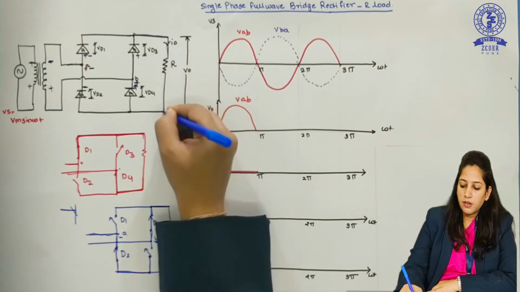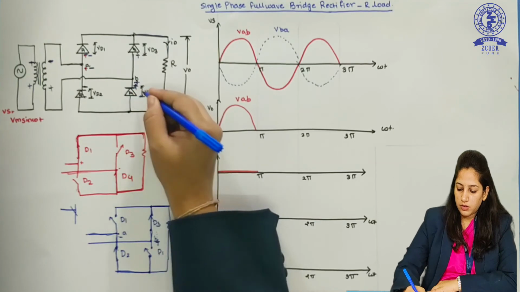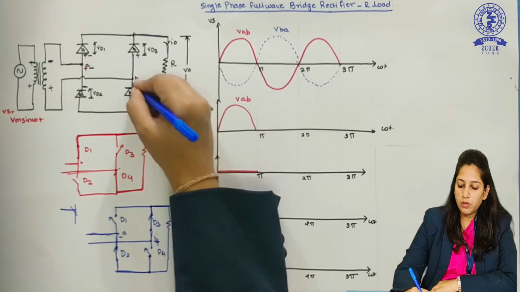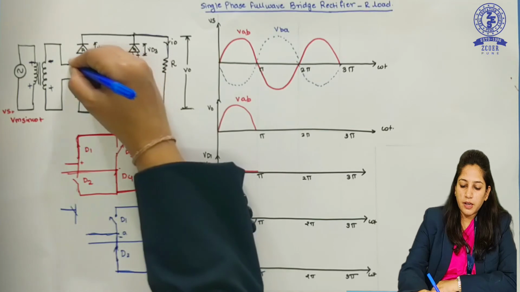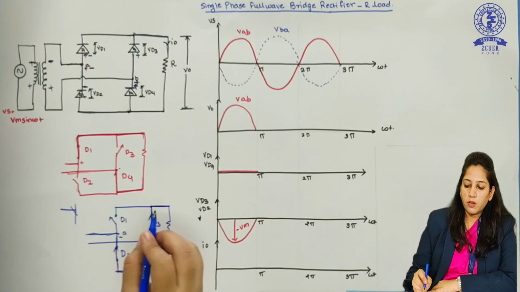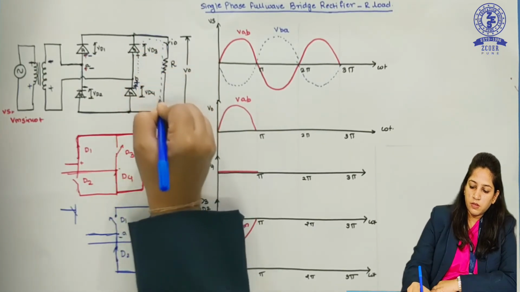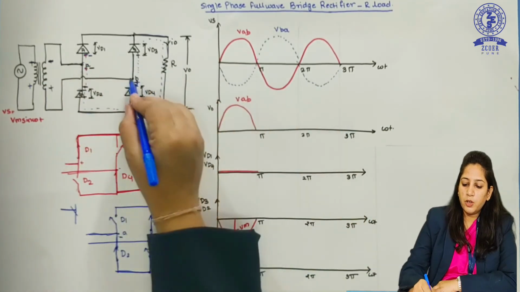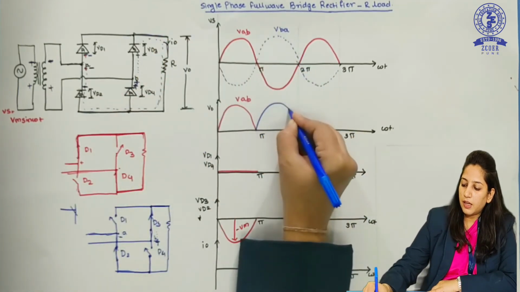Okay, and here again there will be 2 points. D4 is open here, so current will not flow through this. All maximum current will be flowing through this terminal, and then this will complete a path from B to A, and so the output voltage here I will get is VBA.